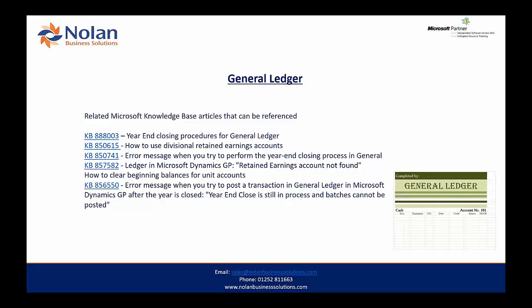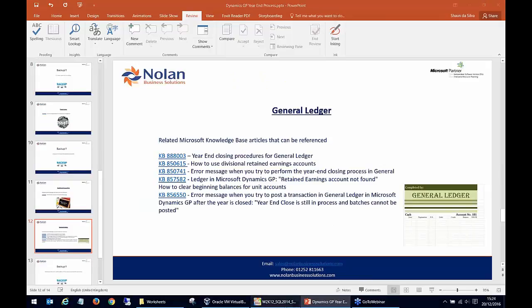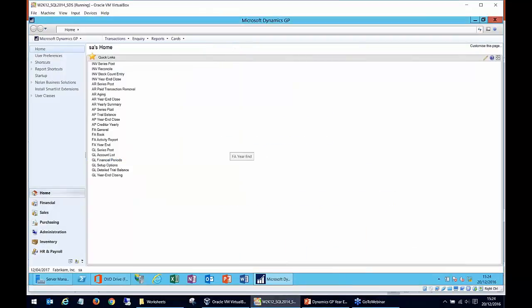So these articles on your screen are really good for determining what am I missing, or what do I need to do if I get this error message or that message, and things like that. Okay, so for our general ledger year-end,